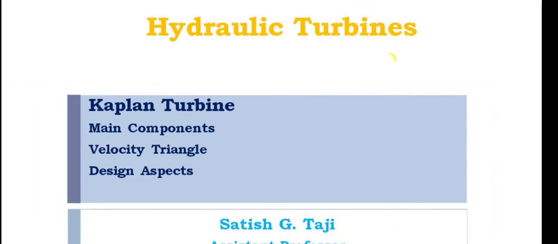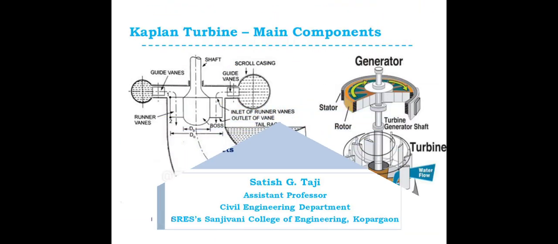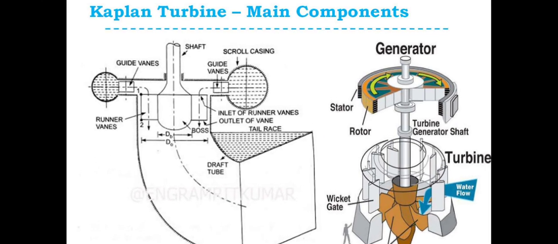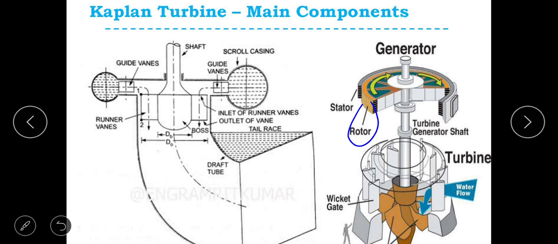Okay. So today we will start with Kaplan turbine. Right, as usual, main component parts you can see here, different parts. Slowly you have to follow this figure, you will get everything. Here it is rotor, here it is rotor, this is stator, this is turbine with vertical shaft, this is the Kaplan turbine. This is vertical gate which is provided.